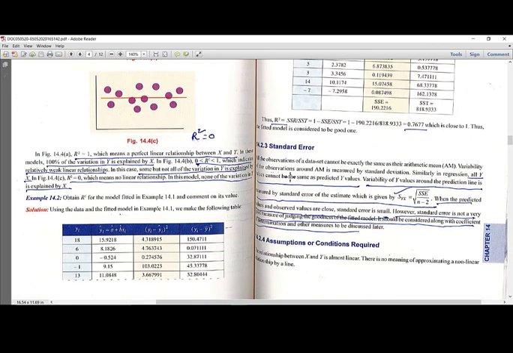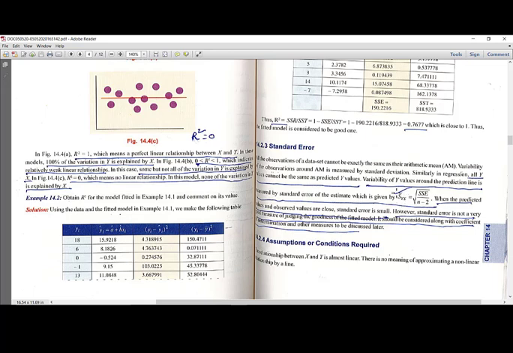Now, let us come to the standard error. All the observations of a data set cannot be exactly the same as their arithmetic mean. Variability of the observations around arithmetic mean is measured by standard deviation. Similarly, in regression, all y values cannot be the same as predicted y values. Variability of y values around the prediction line is measured by standard error of the estimate, which is given by